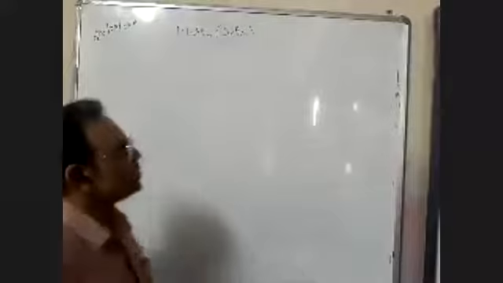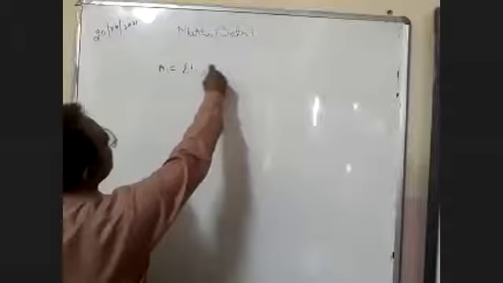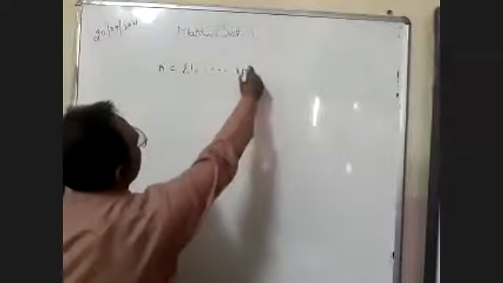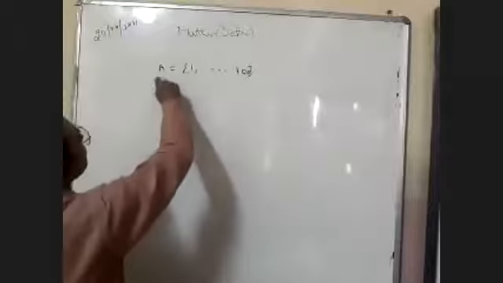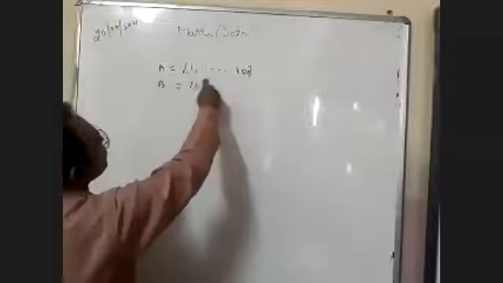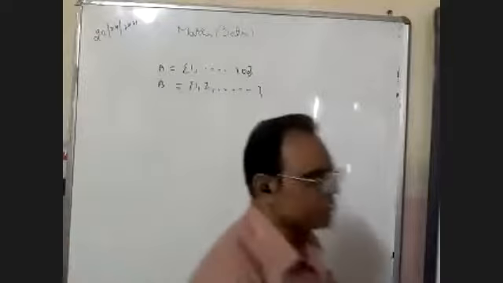There are some terms which we have to use. One is finite set or infinite set, as you know very well earlier, that whenever we have the limited element, suppose 1, 200, this is a finite set. There is a limit of elements, so we can say that is a finite set. If we write in this way, 1, 2, and so on, this is an infinite set. There is no end point. If there is no end point, that will be an infinite set.